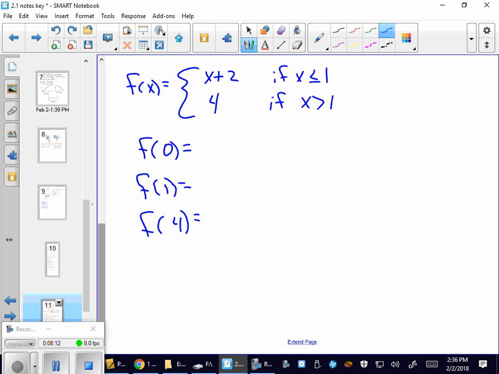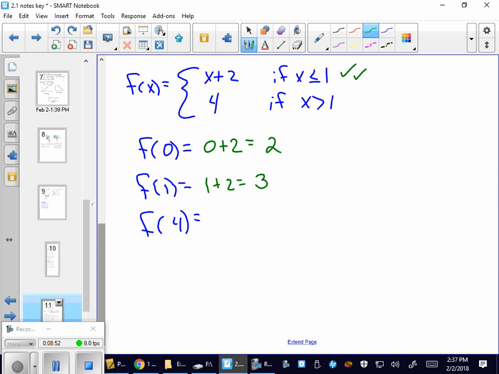So f of 0, well, 0 is in this category because 0 is less than 1. So I'm going to plug 0 into the top equation and evaluate it, and that's just going to give us 2. So f of 0 is 2. It has nothing to do with the bottom piece because 0 is not in the bottom piece. F of 1. That's a good one because the top equation says x is less than or equal to 1. The bottom equation says x is greater than 1. Well, less than or equal to 1 includes the 1, so again I'm going to use this top equation for f of 1. So plugging 1 in